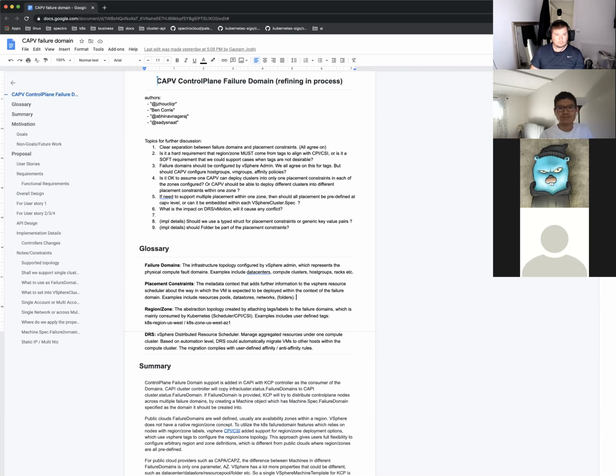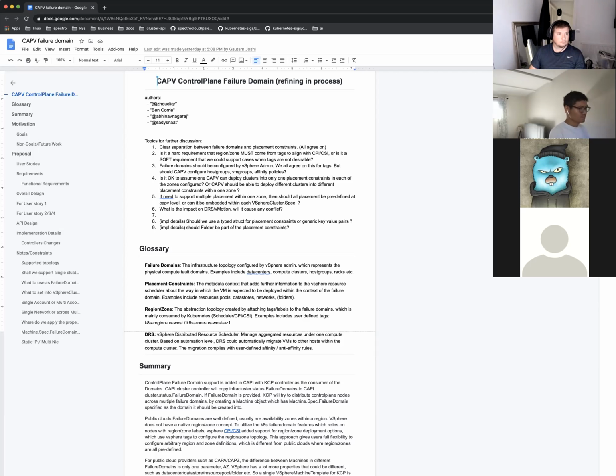So I guess we should call this out explicitly. One of the requirements here is that this works on vSphere 6.7, I would imagine, right? So we need to work with host groups and VM groups. Am I right? Yes. And then, I don't know how much compute policy was introduced in 6.7 U3, but that can be found out. I'm totally not sure, but I definitely know 7.0 has it.